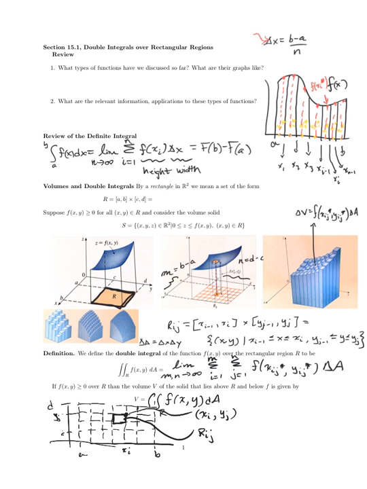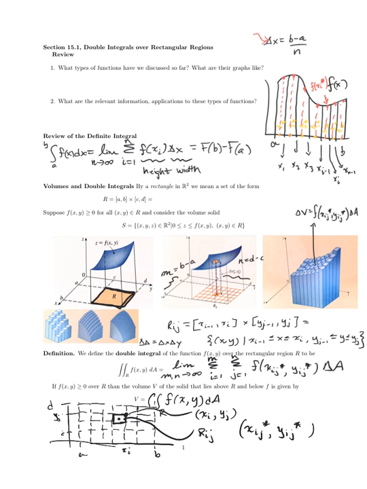And you pick some point when you're doing this theory of Riemann sums. You pick some point in that box. That's what you're doing. And so that point is (x_ij star, y_ij star). So you choose a sample point in each R_ij,